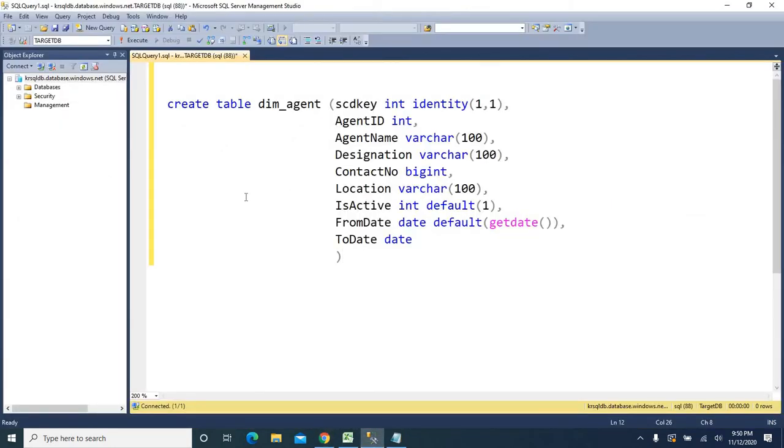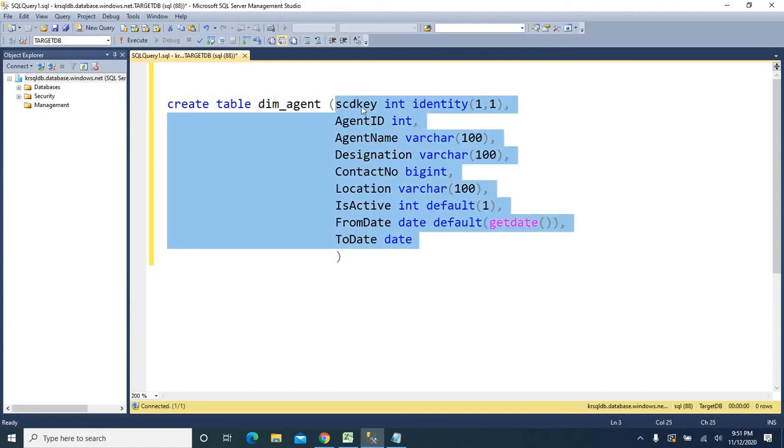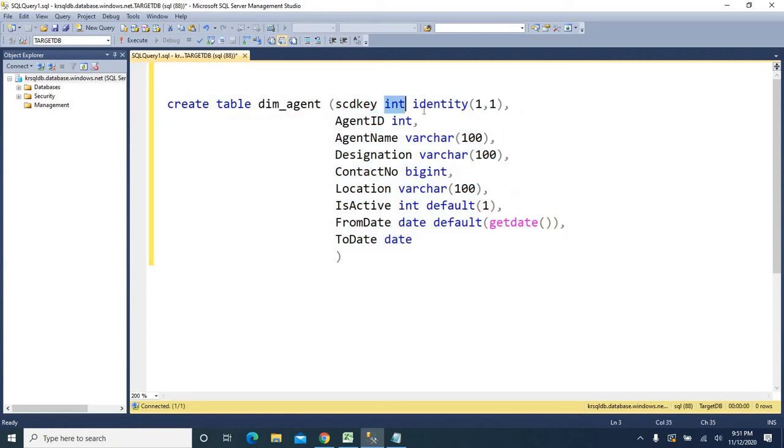Alright, if you observe my screen here, this is the table I'm going to create, that is the dim agent table. I'm going to create this table in the TargetDB database, with the foreign schema. The first column is SCD key, which would be integer, and I'm going to create identity on that so that it becomes auto incremented, so we don't need to insert a value into that. Alright, the next column is agent ID, it's integer, and agent name